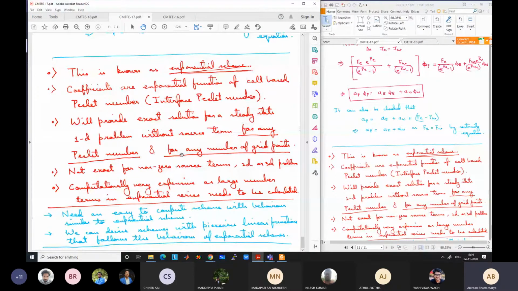But anyway, because of this, it makes sense to devise some other schemes which are maybe slightly less accurate, or even approaching similar accuracy, but run much faster. The way to devise those schemes is to try to mimic the variation that we have seen for the exponential scheme for the different coefficient values, and try to approximate that variation in terms of short segments of lines.